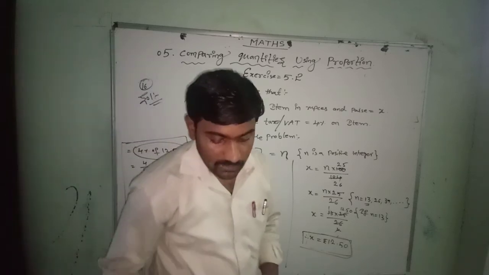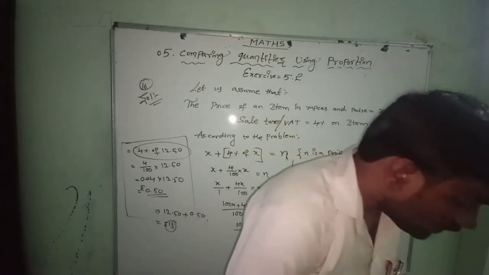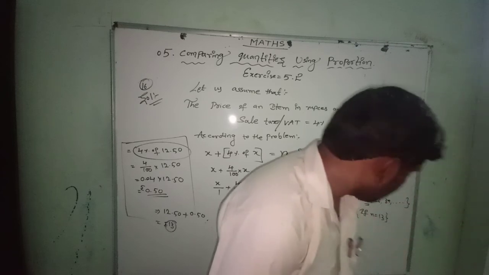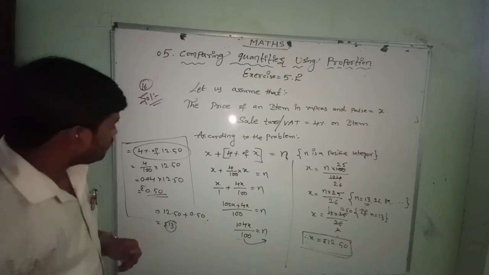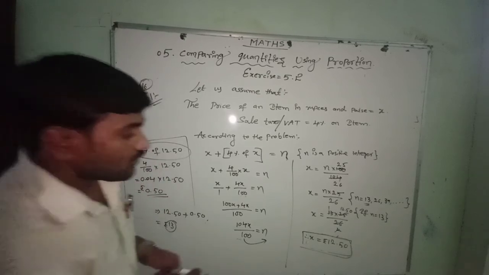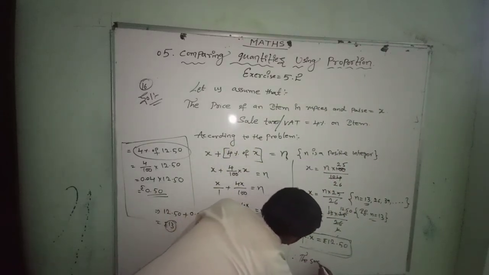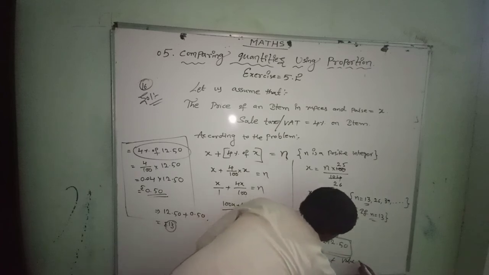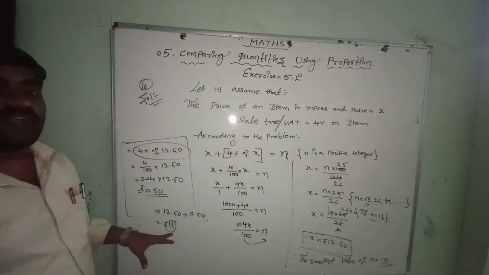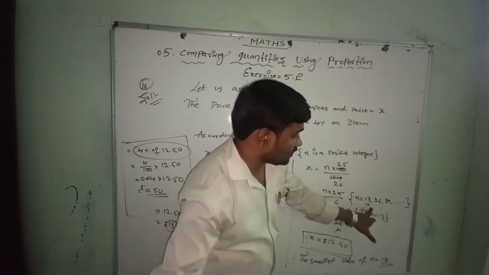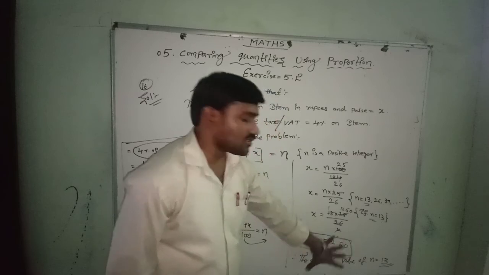So therefore, we require the value of an article. So find the smallest value of n. Therefore, the smallest value of n here, this also you need to write. When you got this 12 rupees 50 paisa, when n equal to 13, therefore the smallest value of n equal to 13 rupees. The smallest one we should take here. That is why we took the smallest one. Instead of 26 or 39, we took the smallest one and got exactly 12 rupees 50 paisa.